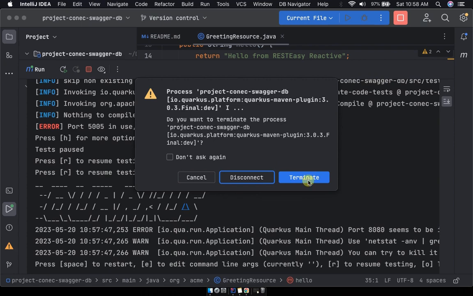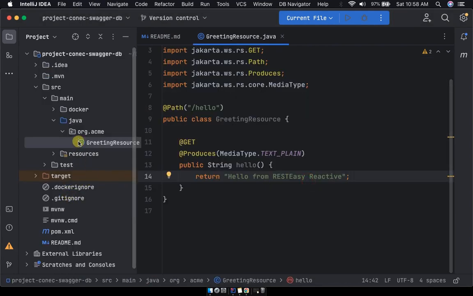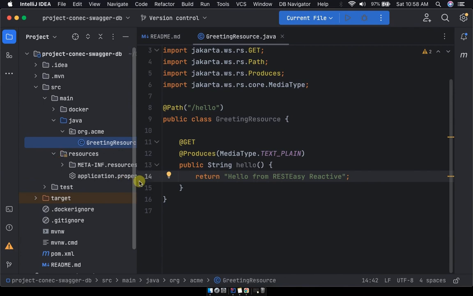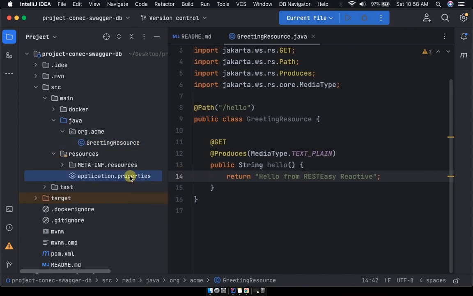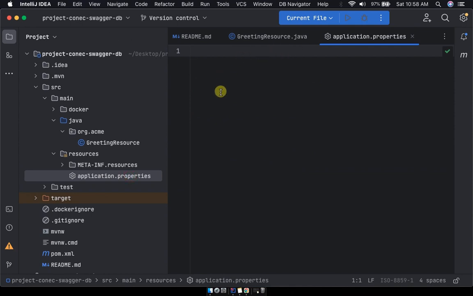By going to, let me first terminate, go to your resource files, go to your application properties here, and click on the application properties. It's normally empty, but you're going to add a few lines of code here. So let's start with a hashtag, configuration file, then enter another hashtag that says key is equal to value,